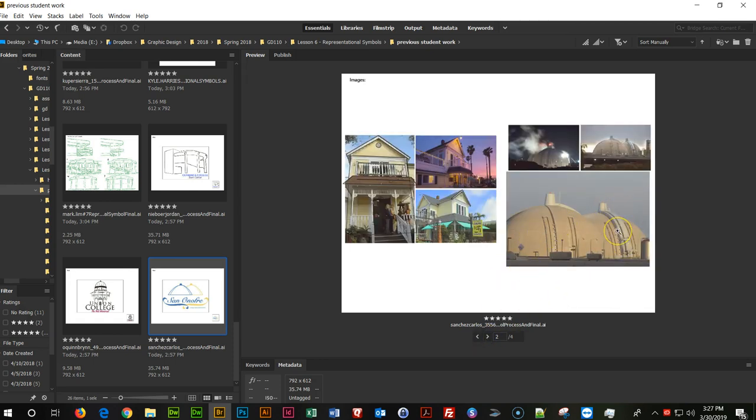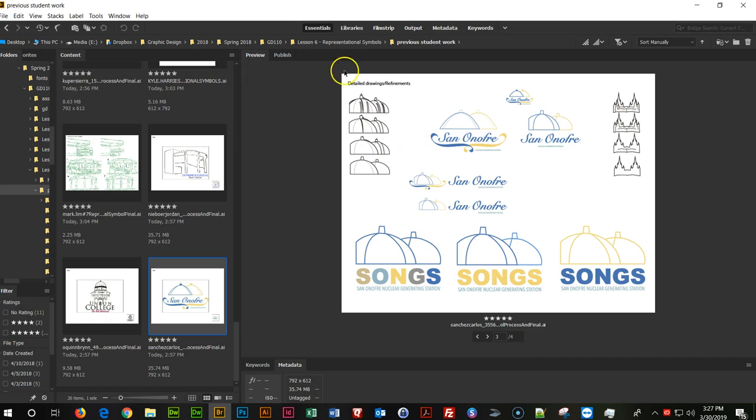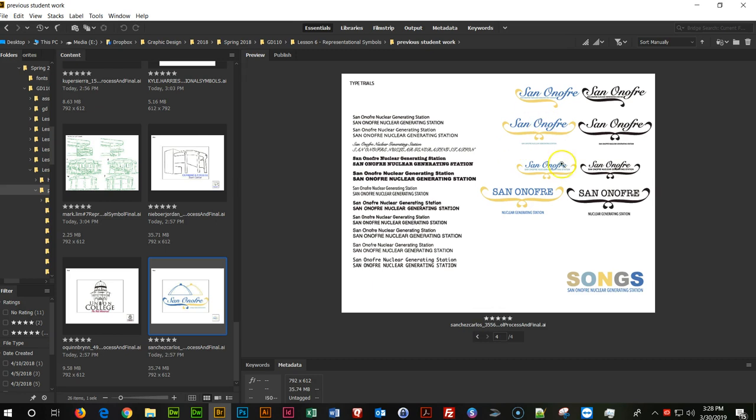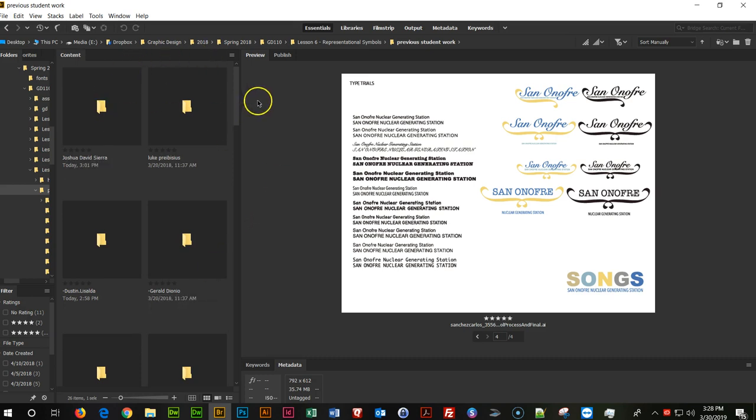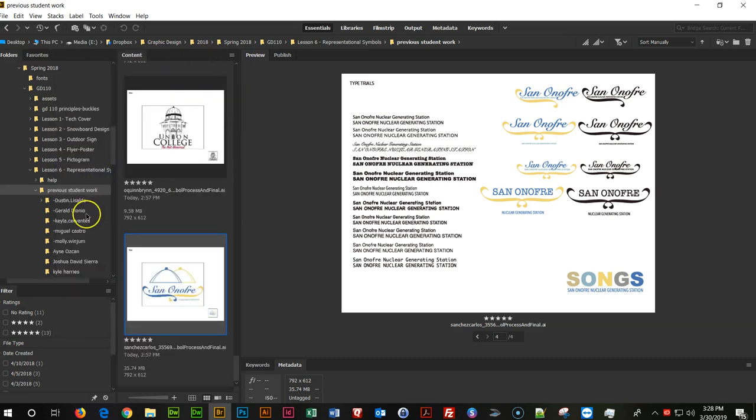So those are the two domes at that nuclear power plant. And so you can see here, detail, less. This is actually the acronym for that building. Stands for San Onofre Nuclear Generating Station. So that was one of the ways he tried it. And then here you can see he used this flourish in several different ways. See what he was going to do with that. All right, let's see. I've got a few more here